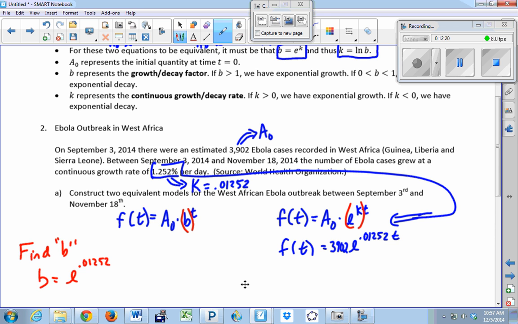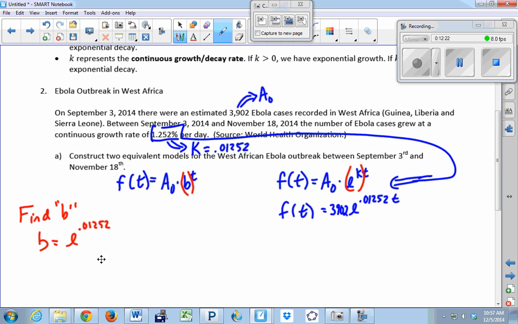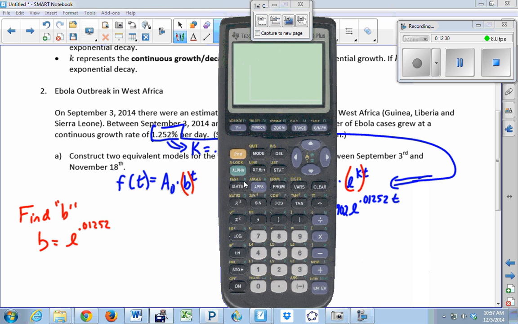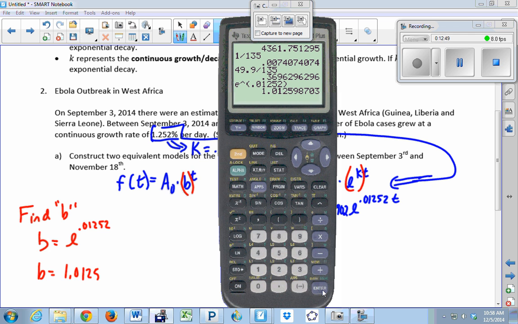0.01252. So we can either use that like that, or we can get an approximation as far as we can go with our calculator, number of decimal places. So let's see. B is going to be equal to E to the K. So let's turn it on. E to the X is right here. It's the inverse of the natural log. So it's the little yellow E to the X above the natural log. So E to the 0.01252 is B, which is equal to 1.012598703. So my model here would be f of t equals 3902 times